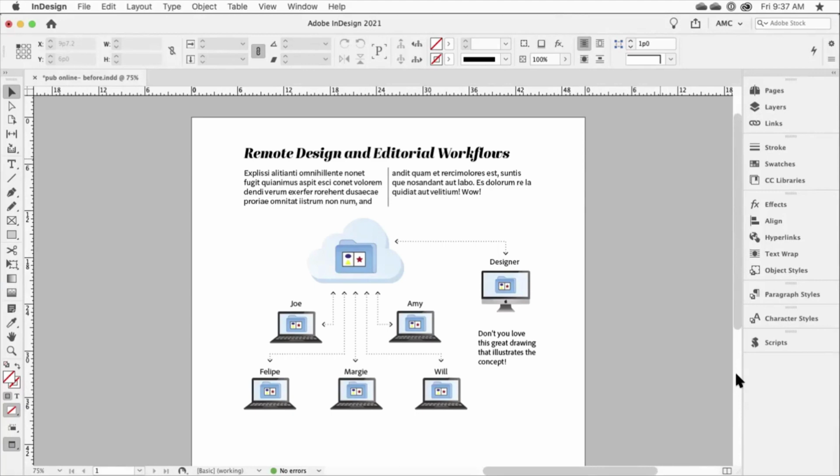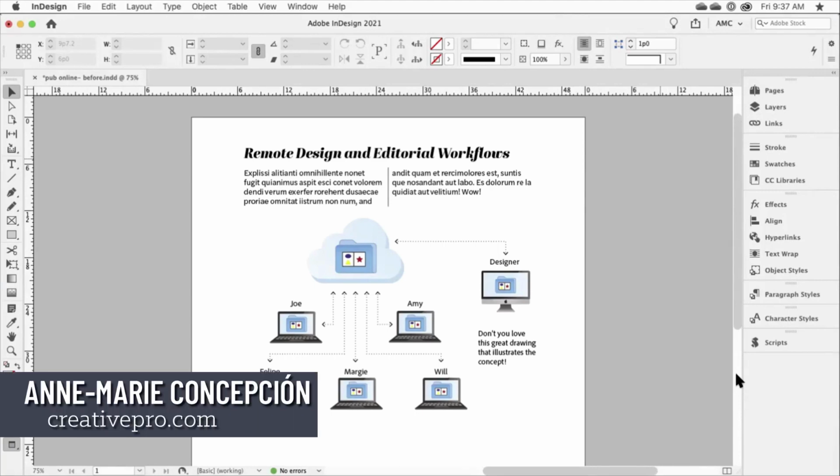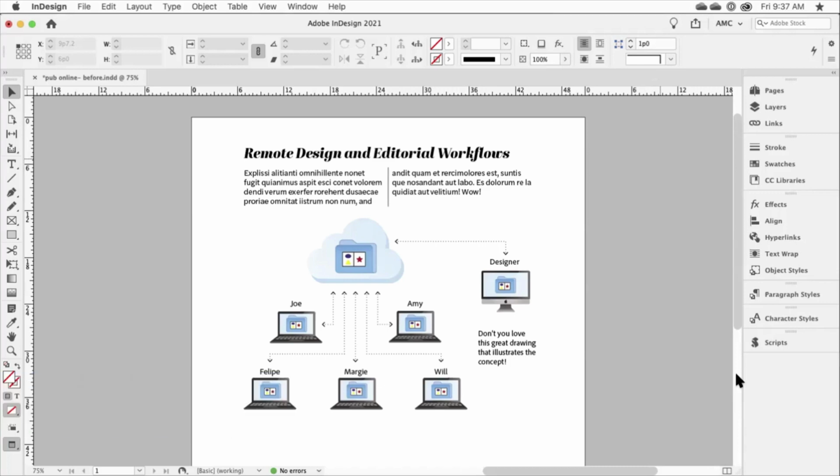Here is the problem and the solution. The problem is that when you use Publish Online, it does a number on any placed vector graphics. It rasterizes them. Of course, if you rasterize a placed paint image, a picture, who cares? It looks the same. But when you rasterize a vector graphic, it looks blurry, especially if it's right next to